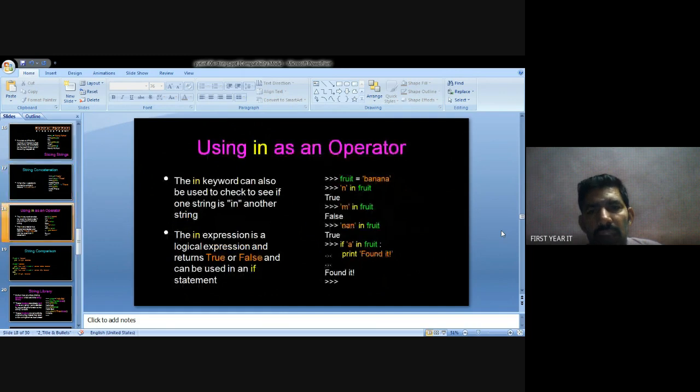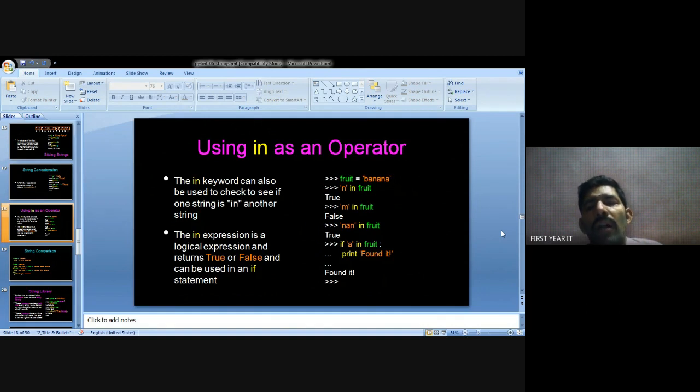Next, you check whether a value is true or false in the string values. First, fruit equals banana, I defined it. Now n in fruit, so I checked it. I am finding out whether the n value is in the banana.